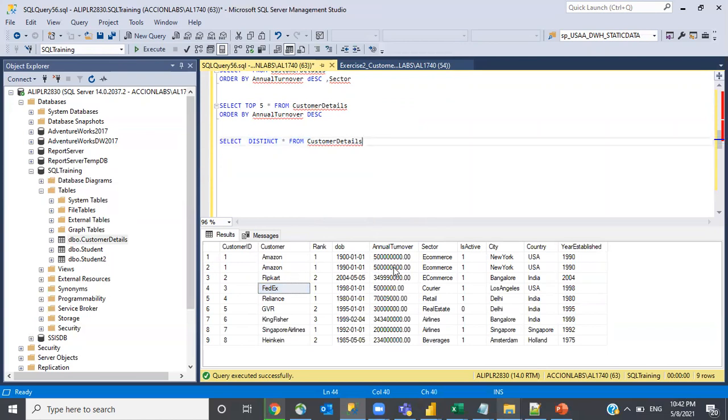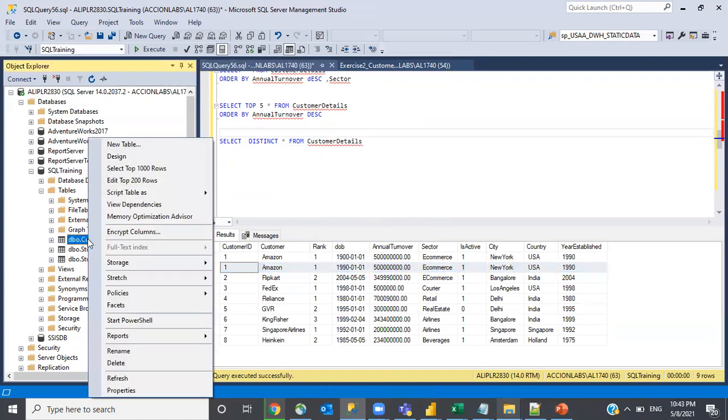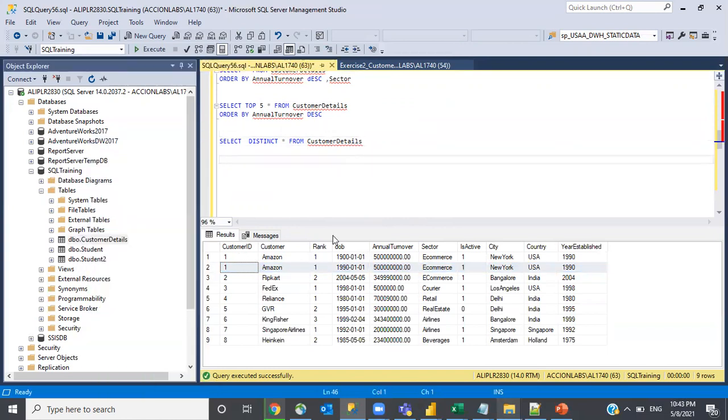Looks like there is some problem here. That's why it is not considering them the same. Looks like when I was entering, there is some space or something. But normally only one record will be shown to the users, and the others will be hidden. Yeah, there is a 1990 here. That was the mistake.